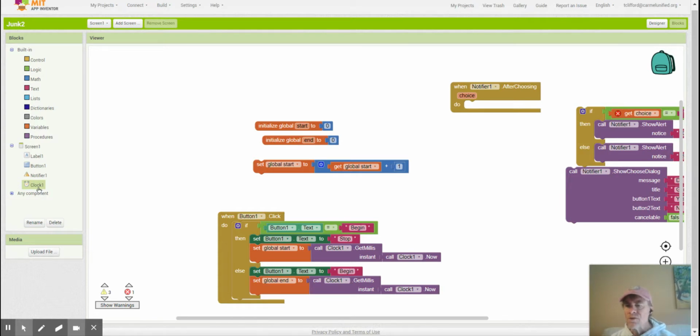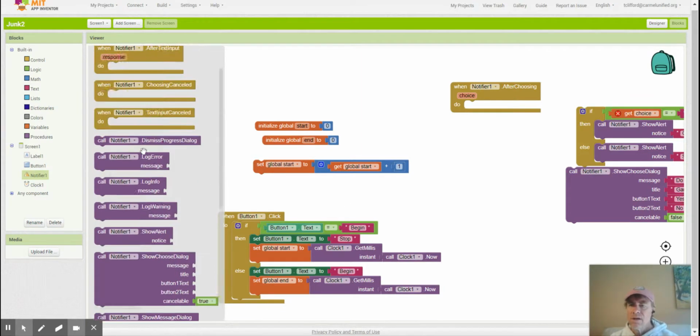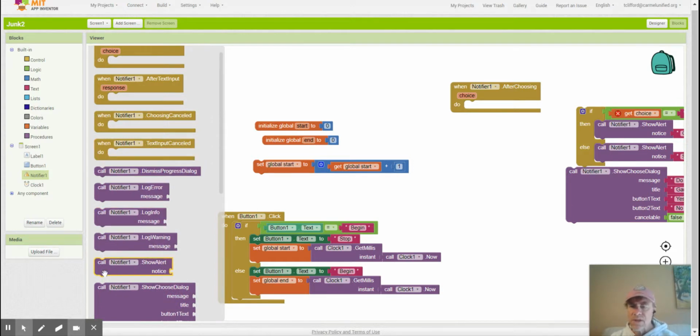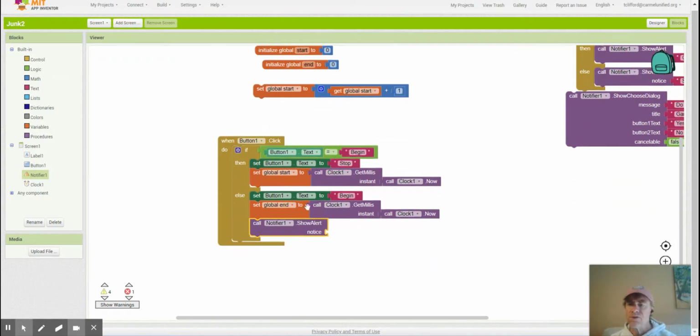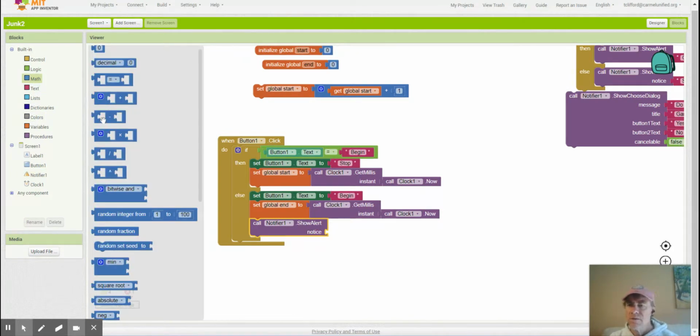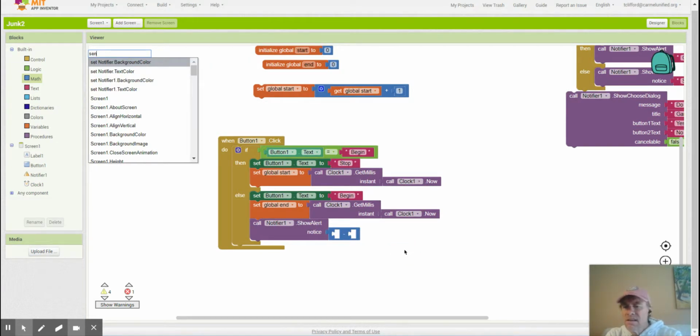So the easiest thing to do would be to say, okay, well, when the end button is clicked, after I get the end time, now I want to output what's the difference between those two. And so that's simply mathematics. That's just going to be a subtraction. I'm going to subtract global end